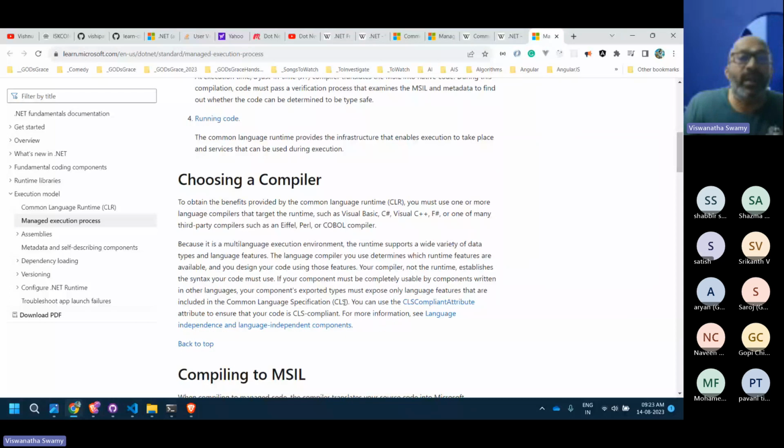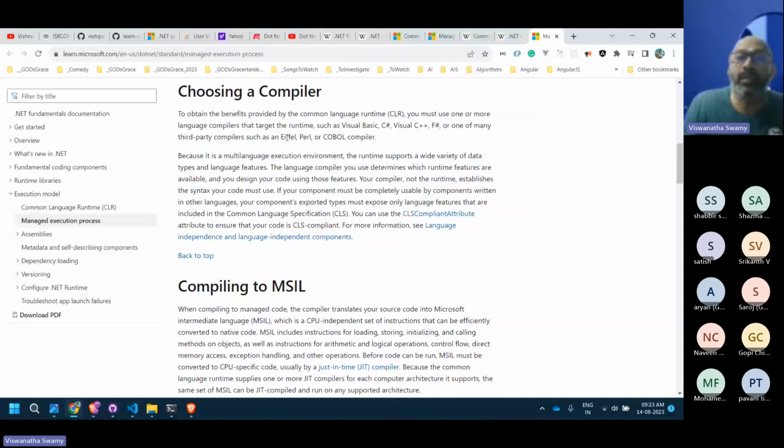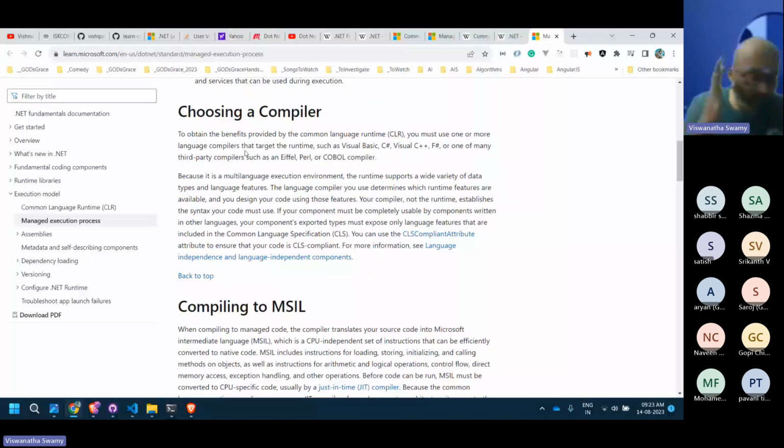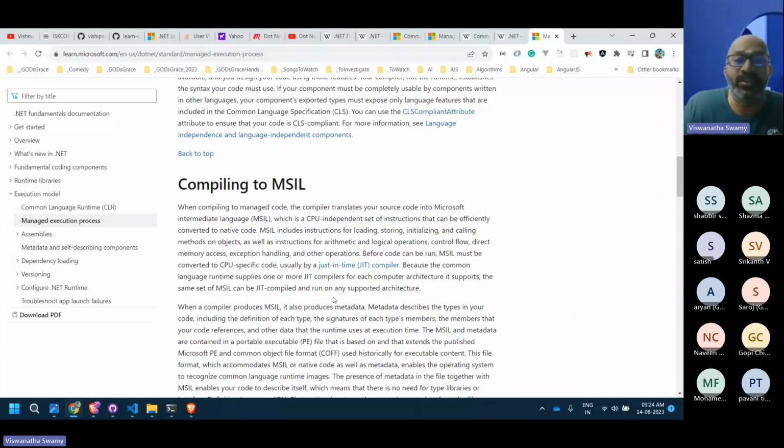The first piece is we'll write the program in the programming language, then the compiler. You can see .NET compliant compilers, there are a lot of compilers, but as of today we'll be focusing on C#. Just for the next session we'll be discussing C# and VB.NET, but the rest of the time we'll stick to C#. So the compiler will compile the C# code into MSIL, or recently it's being called intermediate language.